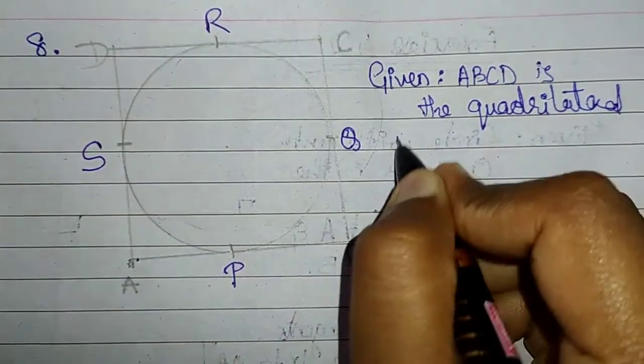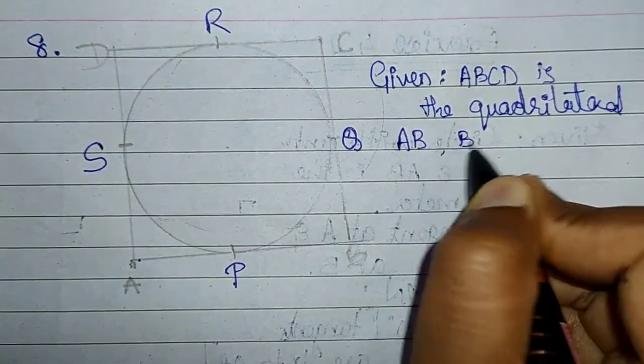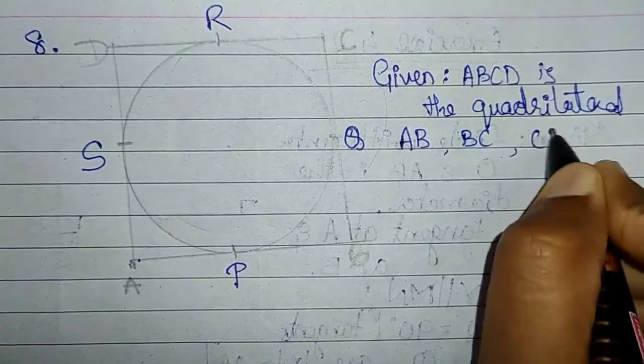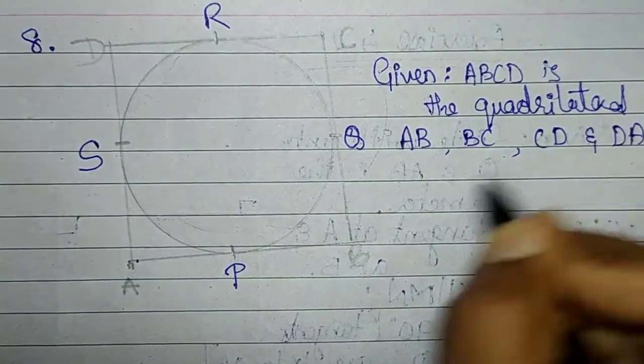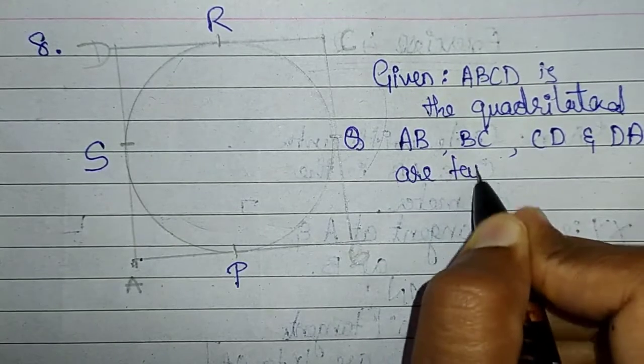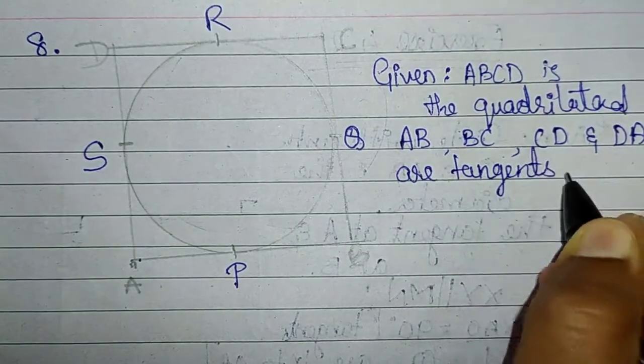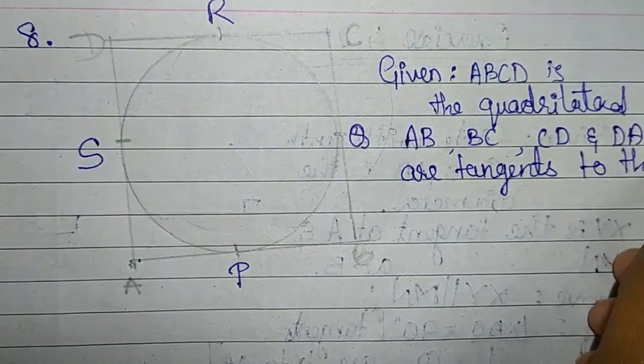So I can write AB, BC, CD and DA are tangents to the circle